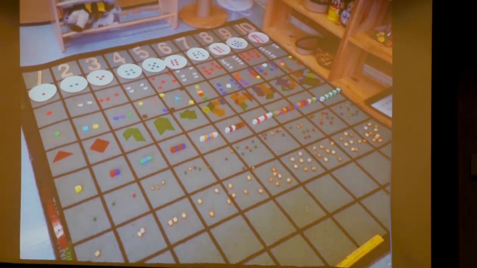This is something that me and my son did because he saw me preparing a presentation, and he saw this image, and at the time I think he was 5, and he said, "Papa, I want to do that." So we grasped everything that we could and recreated this on our living room floor. This is just to say you don't need sophisticated materials to come up with these kinds of activities to strengthen children's understanding of number. You can take everyday objects, you can take whatever you have lying around,